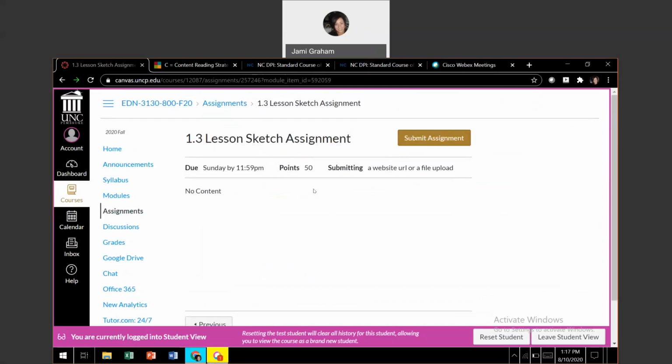So I encourage you to be mindful and not try to rush through this, but really be thoughtful in how all of these resources are connected together for the betterment of the student's ability to read and understand content. They're reading to understand content. So what can we do to scaffold that? What can we do to differentiate from one student to another who may be at different and varying levels of readability? And then what can we do with the kind of text that we have, if, in fact, it's an easy read,